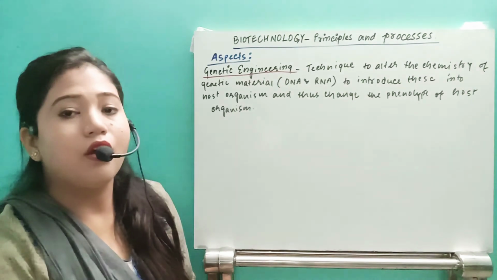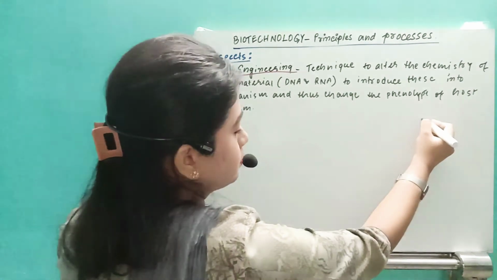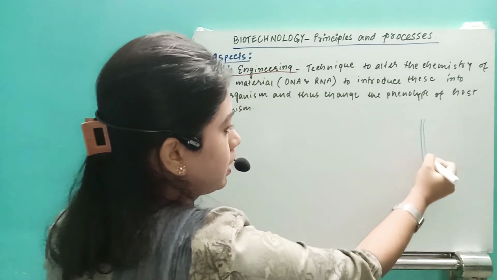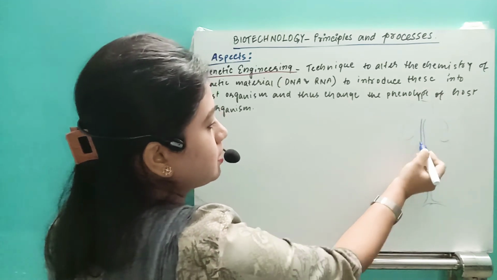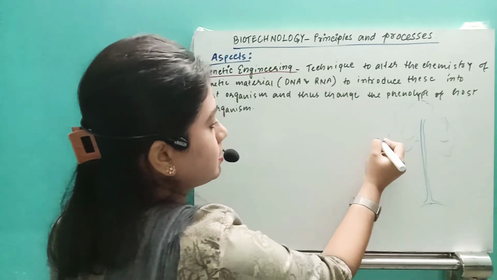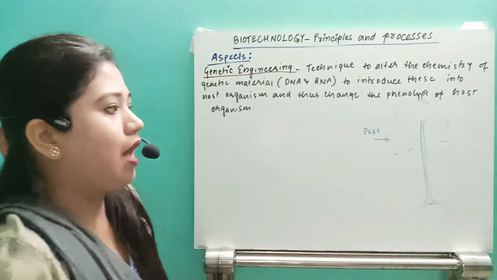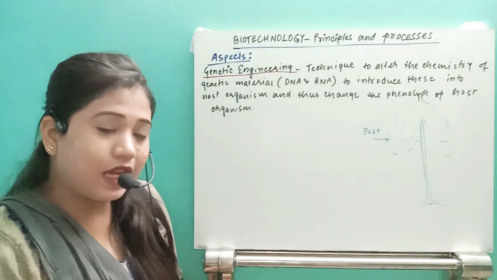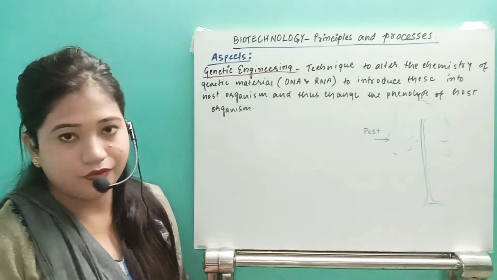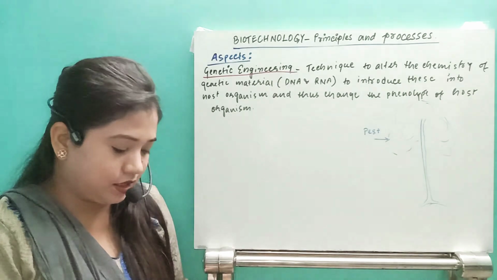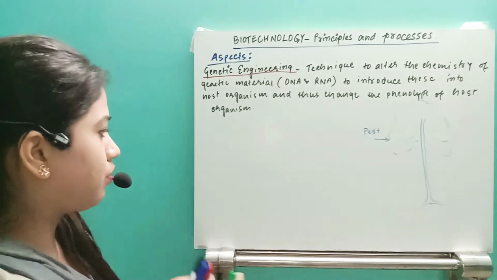Now just see, suppose an organism is there, that is the plant. Suppose here we are not using any genetic engineering, this is the plant. So this plant is affected by one pest, and the production, the yielding, whatever we need to get, we are not able to extract that same amount of yielding. Now what we can do, this is one microorganism.